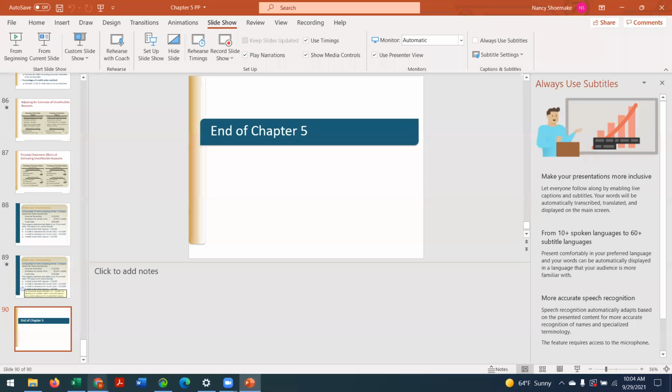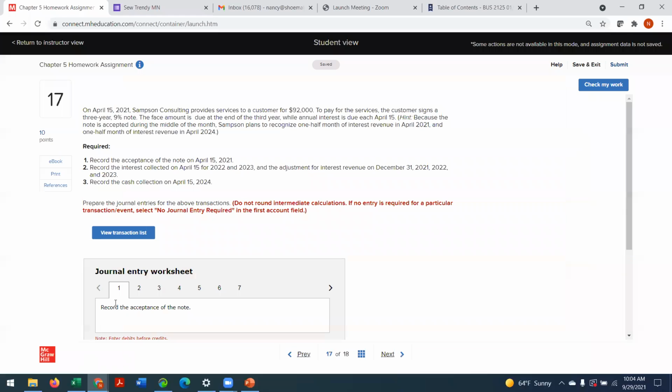Okay, let's go through some more of the homework. Number 17 here is on April 15th. Sampson Consulting provides services to a customer for $92,000. To pay for the services, the customer signs a 3-year 9% note. The face amount is due at the end of the 3rd year, while annual interest is due each April 15th. Hint: because the note is accepted during the middle of the month, Sampson plans to recognize 1/2 month of interest revenue in April 2021 and 1/2 month of interest revenue in April of